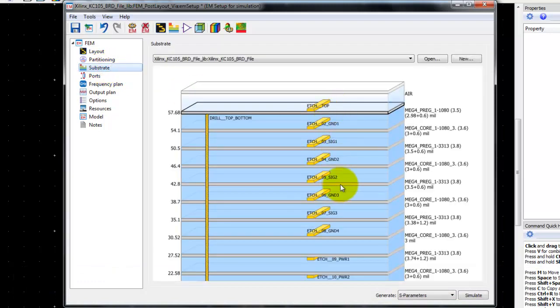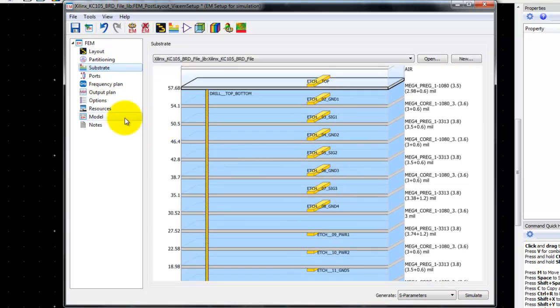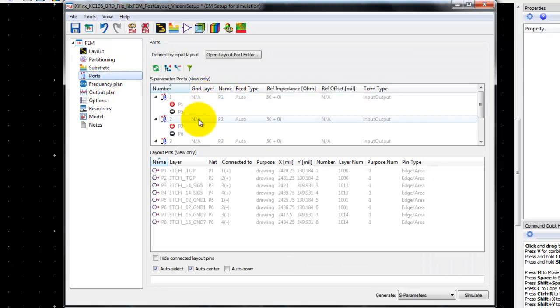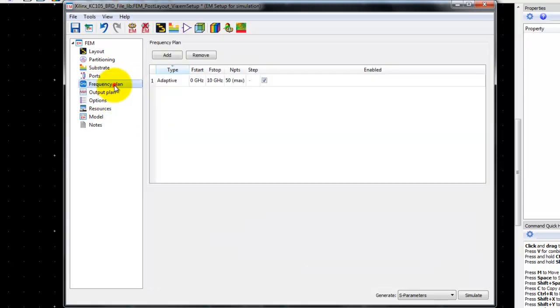Click on the substrate icon and make sure we have the right substrate. The port assignment has already been done and there is no problem with it. So we will simulate this via transition from 100 megahertz to 15 gigahertz. We'll modify the default frequency sweep plan and have a maximum number of points as 101 in